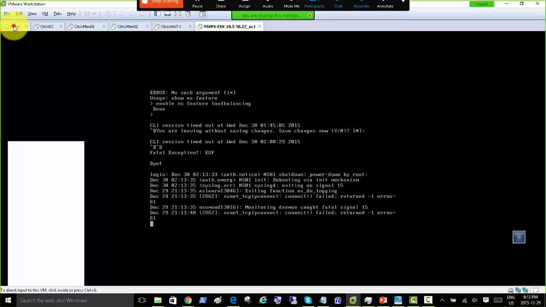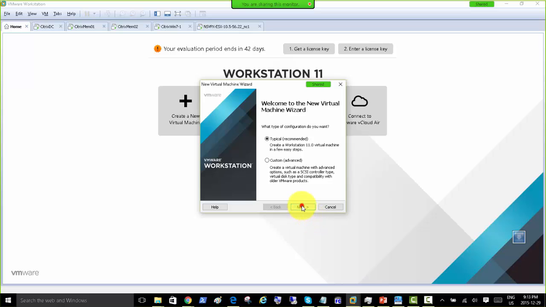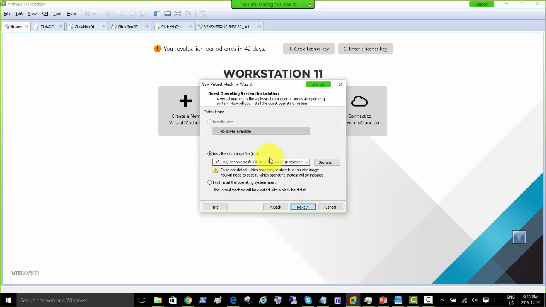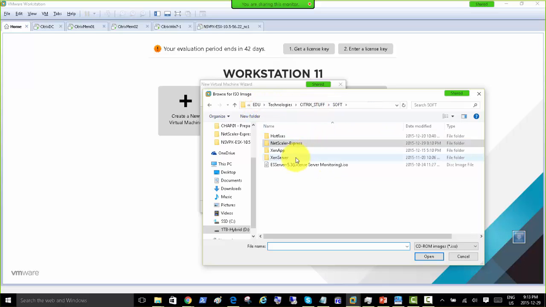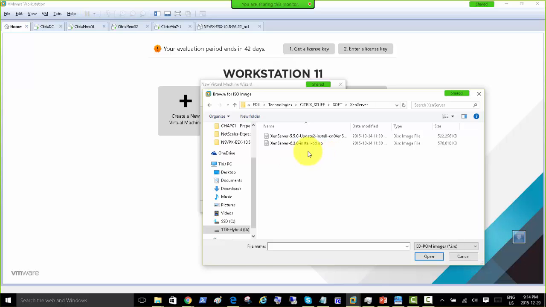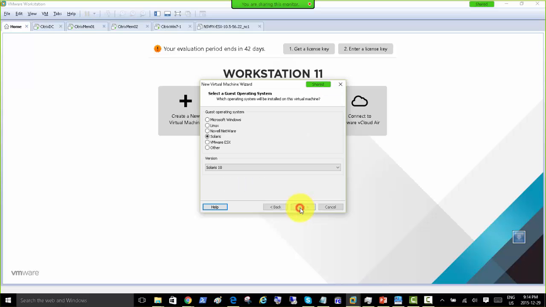So let's just create a new virtual machine here for XenServer, and if I go next and try to connect the ISO of the XenServer, so we have 6.2 install, which is the latest version right now. In fact, when I dragged the screen here, it was 6.5. So I just downloaded that, and it's 576 megabytes. So double click, and it could not detect that. It's a VMware product, right? So next,